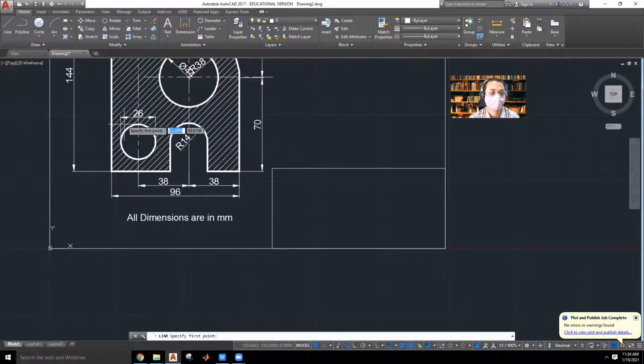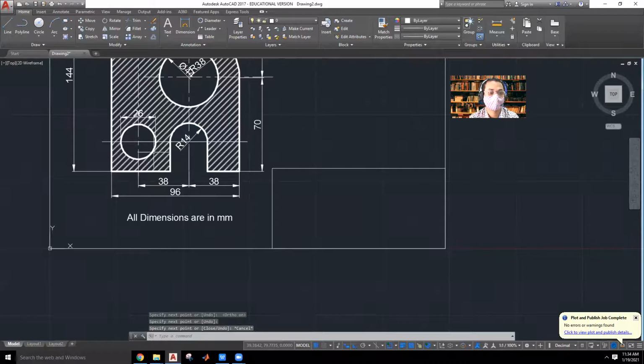So line. That's right. I'll make sure that auto is on, so that I'll be getting here. Okay.